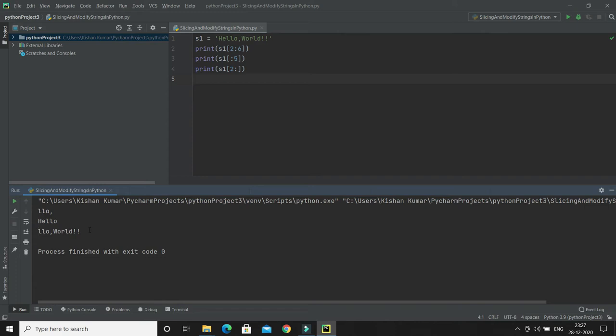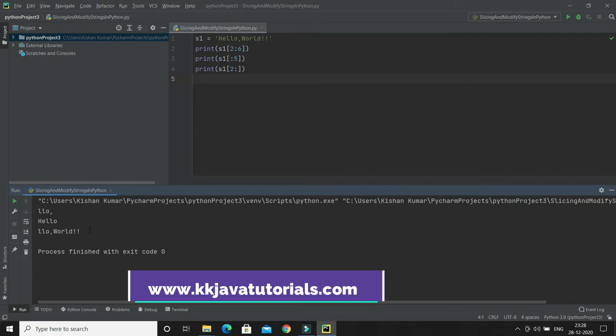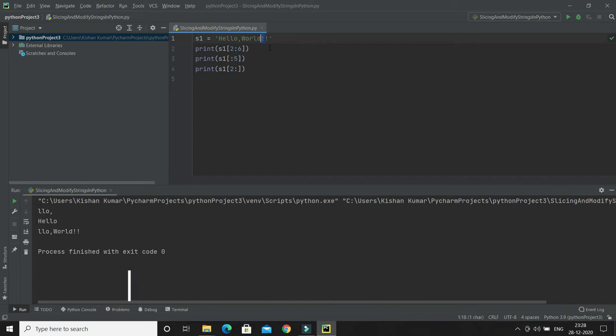Now in Python you can also use negative indexing with strings. You can use negative indexes to start the slice from the end of the string. When we talk about the end, the first character, which is the exclamation mark, is available at index number -1, then the next character is -2, then -3, -4, and so on. If you take the index from the last, it starts from -1 and then -2, -3, -4, something like that.